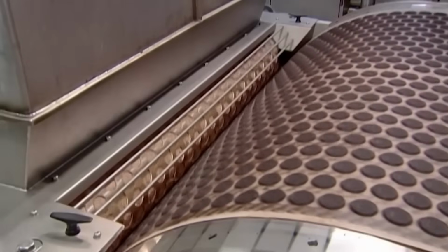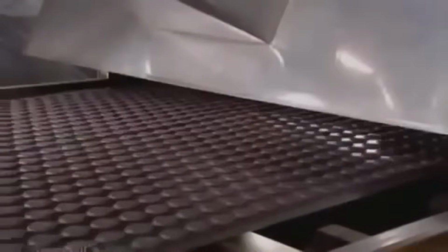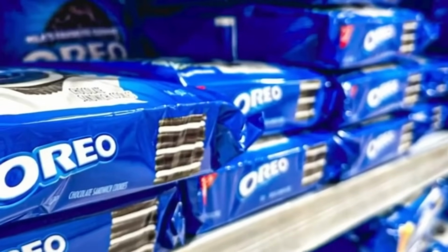Texture analyzers apply mechanical pressure to the cookies to evaluate crunch resistance and breaking force, while gas chromatography is used to verify flavor compound profiles. Packaging integrity tests include drop tests, seal strength verification, and temperature cycling simulations that mimic transport and storage conditions across various markets. Once these final inspections are passed, the cookies are released for distribution. Pallets are loaded into climate-controlled trucks or containers, routed through regional distribution centers, and ultimately arrive at retail outlets, vending